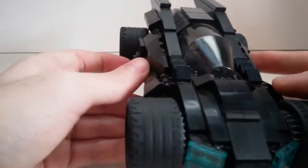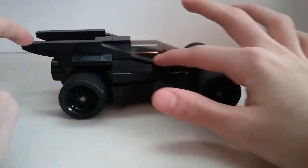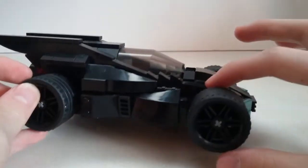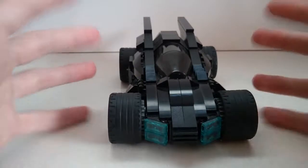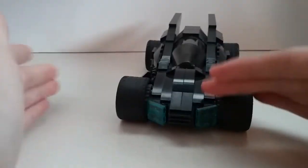I used it for something. But yeah, so you can see, this has a really nice gradual slope, and I have some more cheese slopes right here. It makes a nice jagged kind of edge. It just looks mean. It looks like a mean vehicle, and that's something I like about this Batmobile more than my other Batmobile,